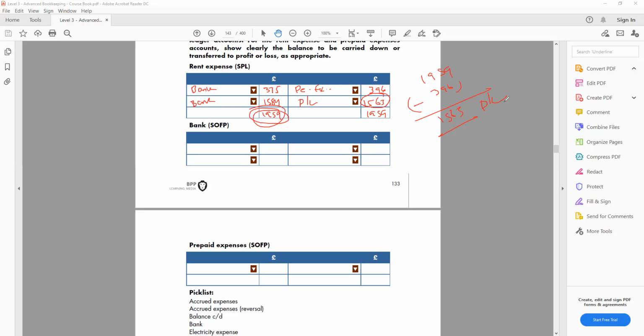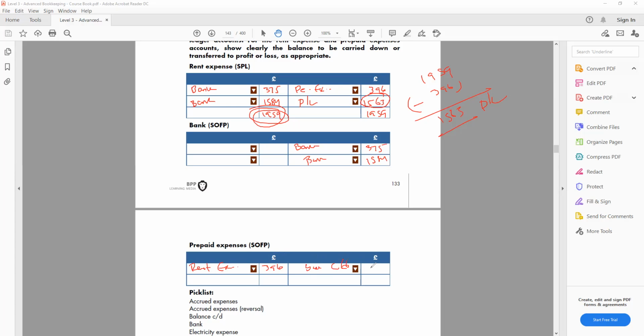this year's profit and loss account. From the bank, of course, the bank is a credit because money is going from the bank. So from the bank, I just write how much I paid from the bank. So 375 I paid from the bank, and 1584 I paid from the bank. On the prepaid expense, how much is the prepaid expense? Prepaid expense is always an asset. So obviously on the debit side, asset is a debit. I'm going to write rent expense. So I paid some rent in advance. So I'm going to say how much you paid, 396, and that will be my balance c/d, because this balance